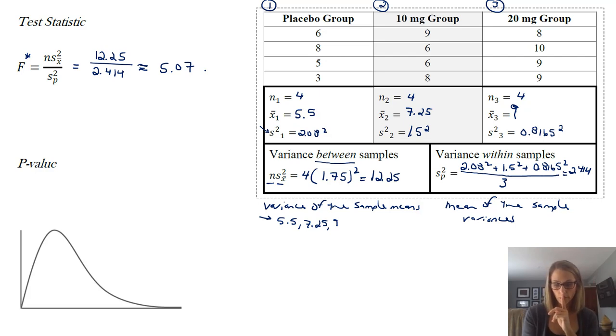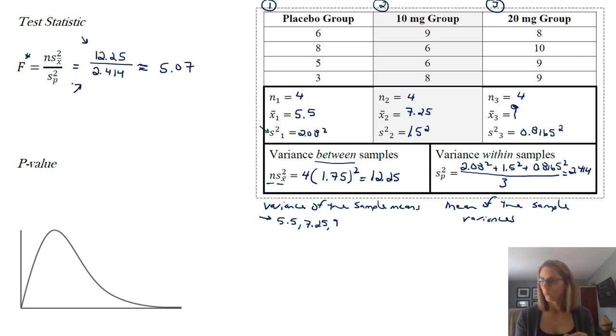What you can do is go to stat, over to tests. It is the bottom one, so it's best to scroll up. That gives you ANOVA. Now you need to choose your three lists, separated by commas. So list 1, comma, list 2, comma, list 3, close it up and press enter. It's going to give you the test statistic that we already found, and the p-value, and that's really all you need. You should also see the two numbers that we found here and here. Your calculator will do those as well.